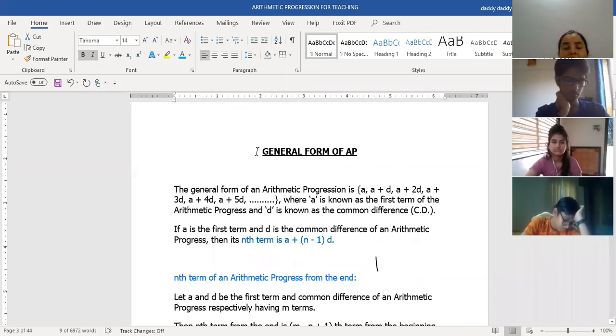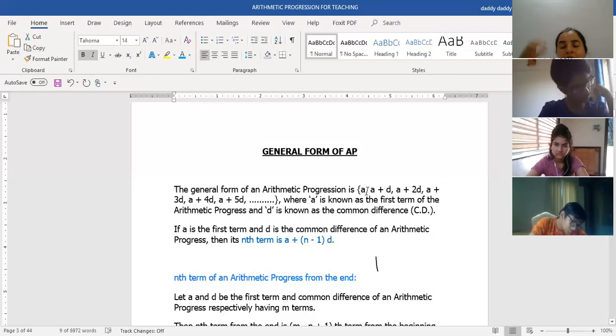Okay, now we come to another part, which is the general form of an AP. So let's think for the time being that my first term of the AP is A. Now why I am using letters is that I want to give it a general equation form so that I can derive certain formulas for my calculation. So instead of numbers, now I will be writing letters. Okay, so the value of those letters will keep changing depending on the values given in the question. So let's assume